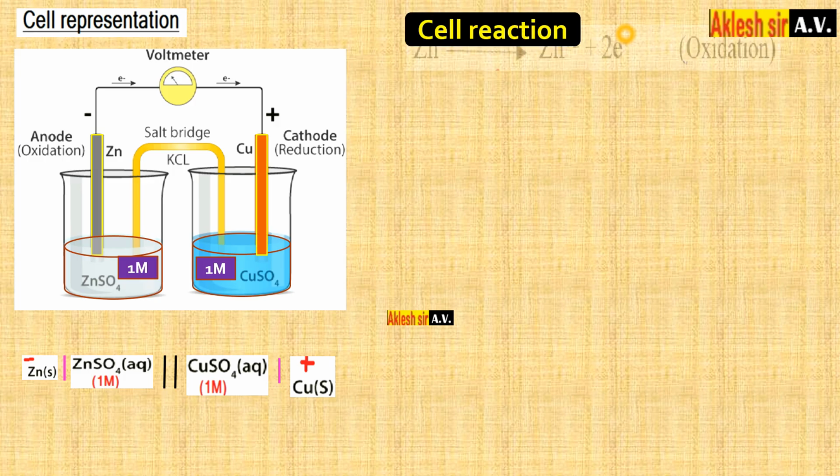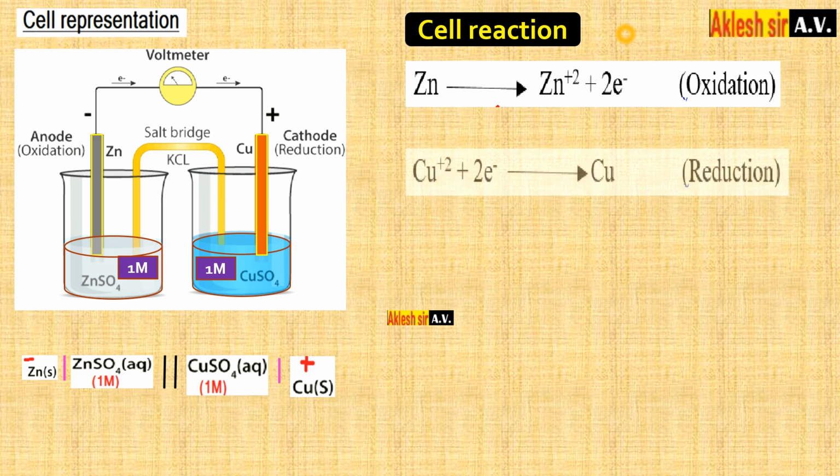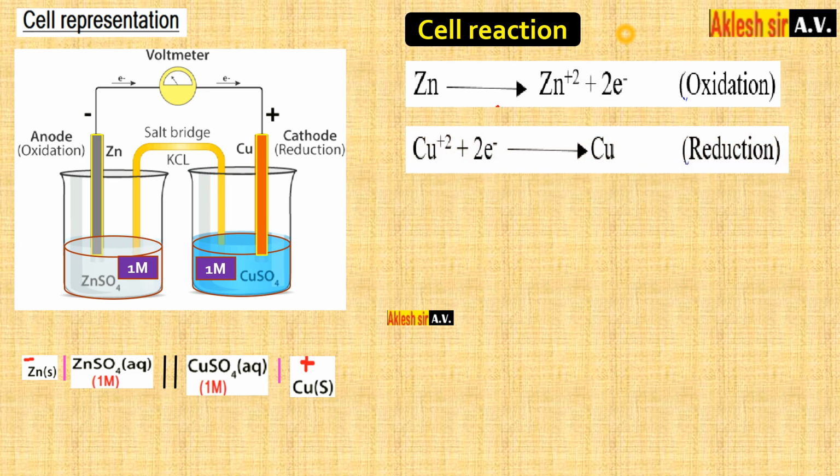This is the cell reaction. The first reaction is the zinc half cell reaction, where the oxidation reaction takes place. Here the zinc has donated 2 electrons to form Zn2+ ion. In the second reaction, copper ion accepted the 2 electrons to form copper, which is reduction. So what is the net reaction? To get the net reaction, we have to cancel the 2 electrons from the right hand side and the left hand side. After cancelling, what is the